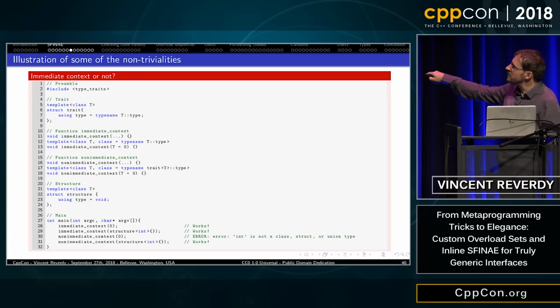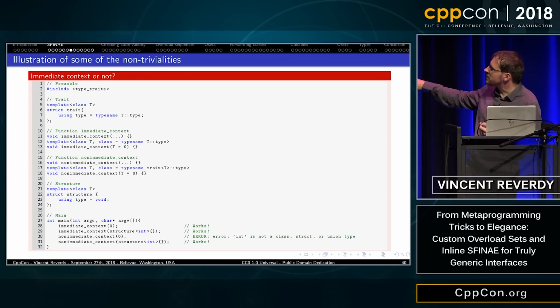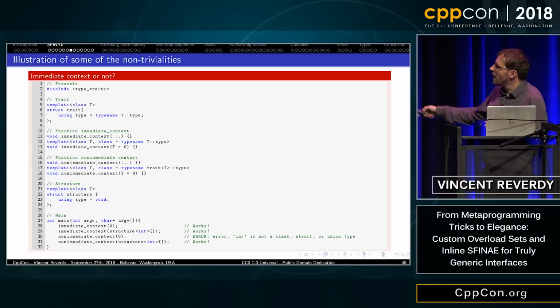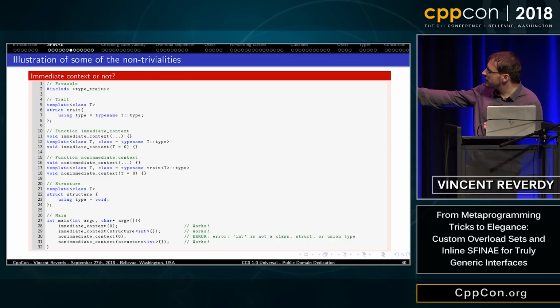The difference between immediate context and non-immediate context is that the first one checks whether the type is available directly on T. The other one is checking through the trait data structure. And then I just have a structure that happens to have a type.